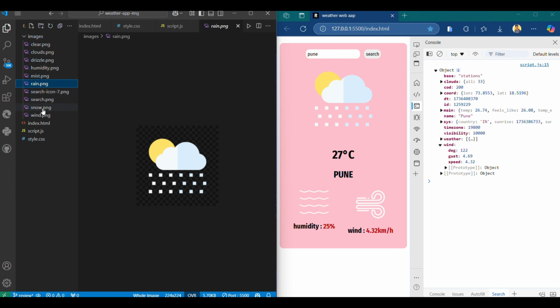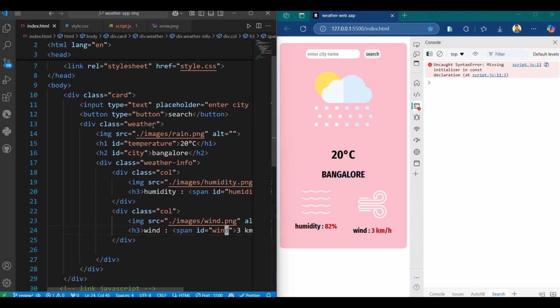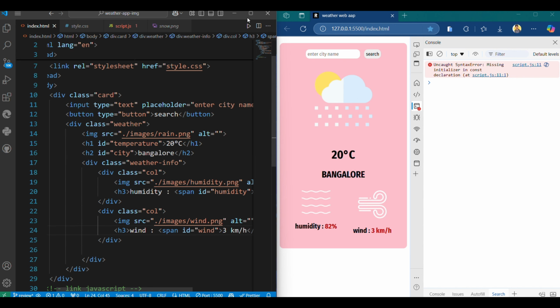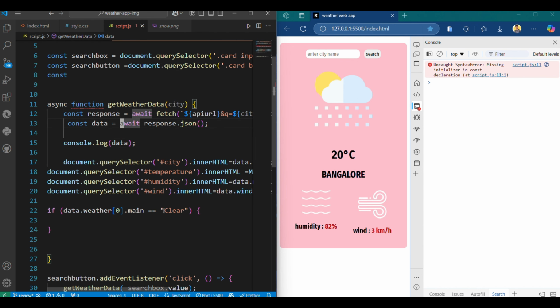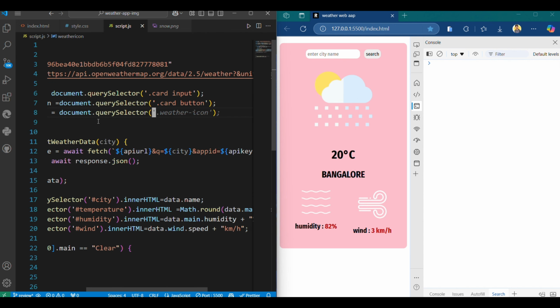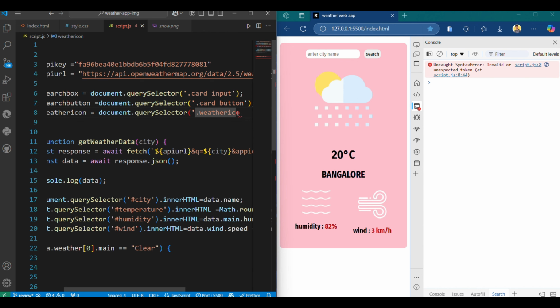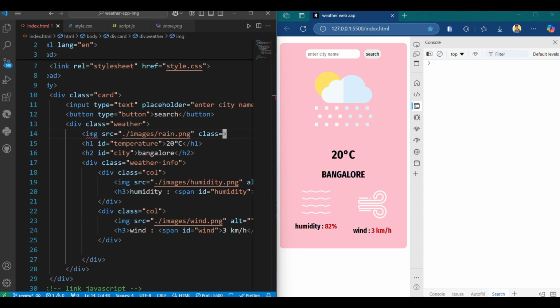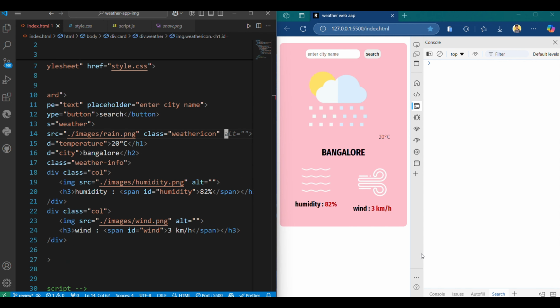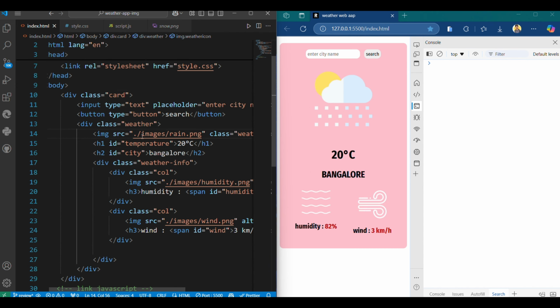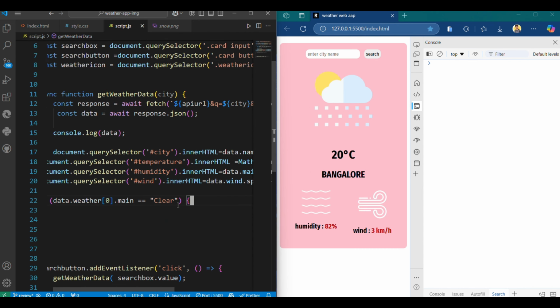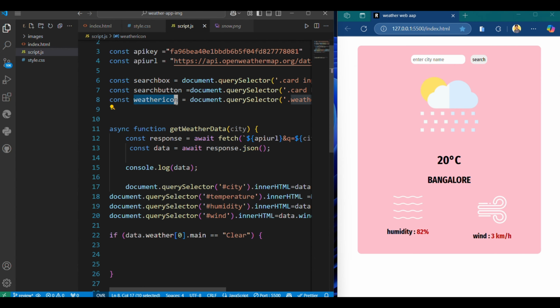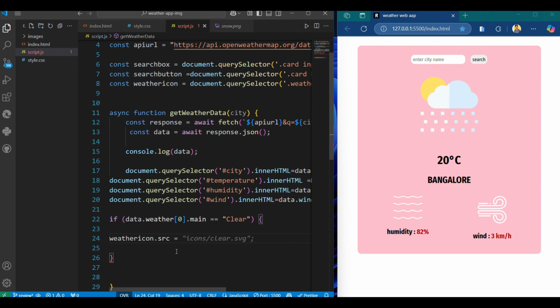So here you can see some of the images I have stored in my image folder. These images are going to change dynamically according to the weather condition. Okay, here you can see I wrote a conditional statement. First, let me call the image class using querySelector. Now let me add this class in the HTML image tag. Okay, now go to the conditional statement, call this image variable, add the image src attribute, and allocate the image.